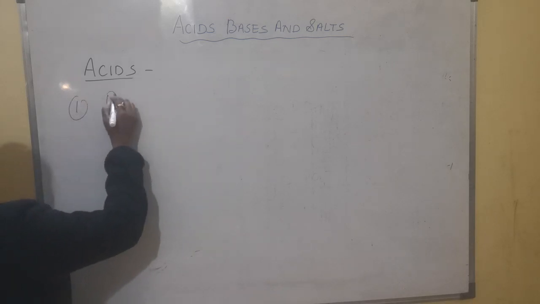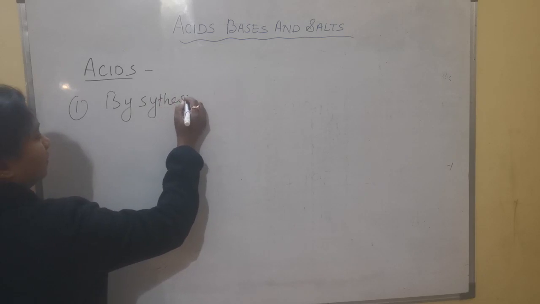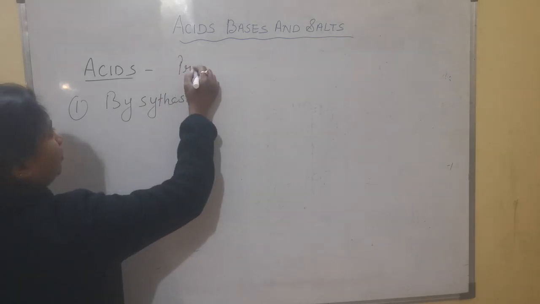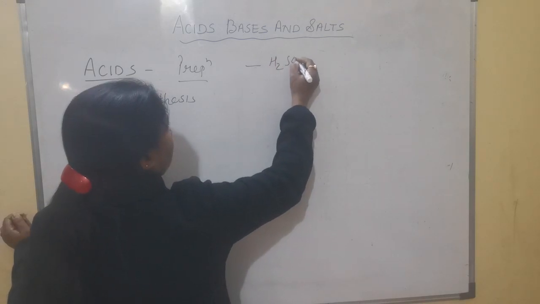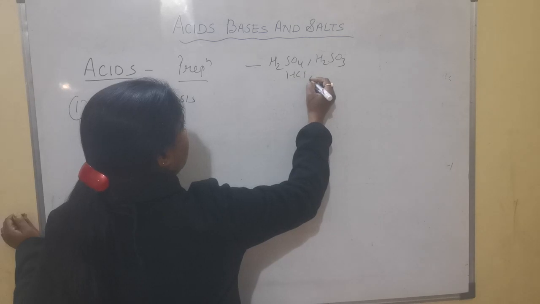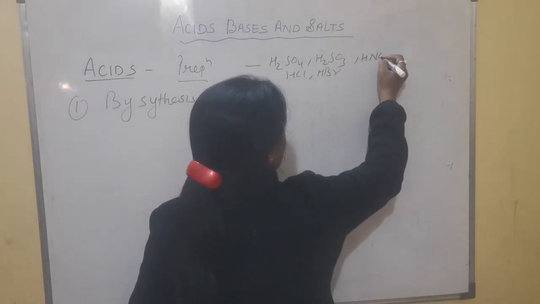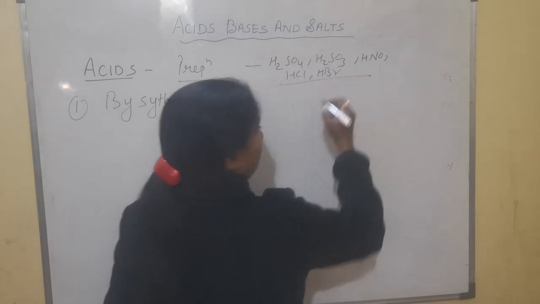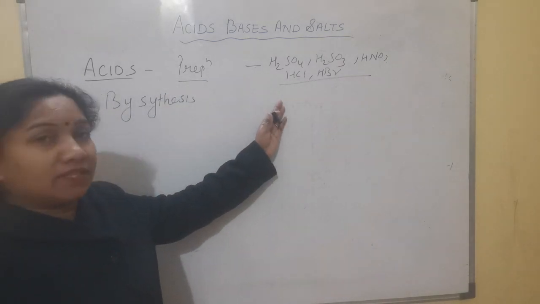First is by synthesis. We are going to see the preparation of acids. That means we will be preparing sulfuric acid, sulfurous acid, hydrochloric acid, hydrobromic acid, HNO3. So these are some of the acids. Just learn these names. You are going to see these acids again and again